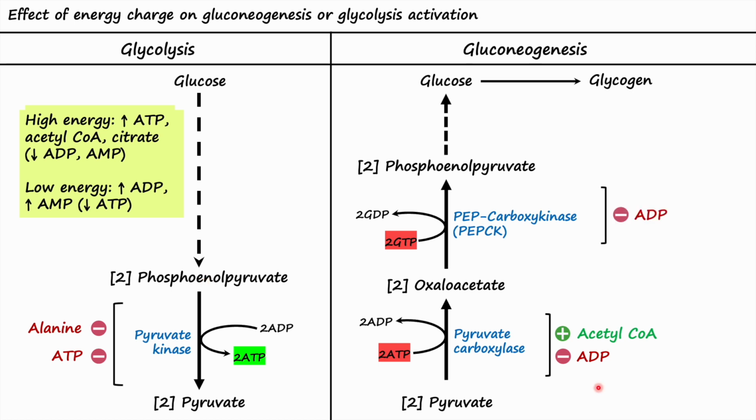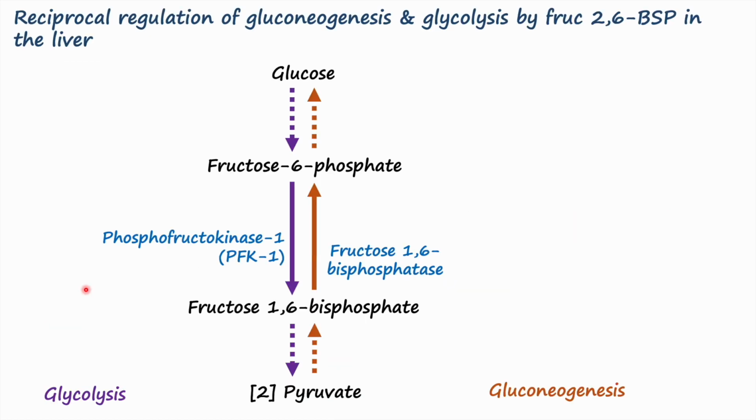So when cellular energy is low, the pathway of gluconeogenesis is inhibited, and it makes sense because gluconeogenesis consumes more ATP than it generates. So this is the regulation of glycolysis and gluconeogenesis at the interconversion of phosphoenolpyruvate and pyruvate. Now next I want to talk about the reciprocal regulation of glycolysis and gluconeogenesis by fructose 2,6-bisphosphate in